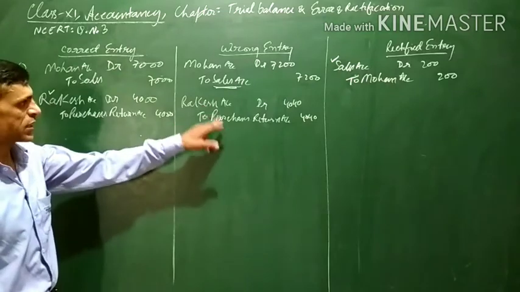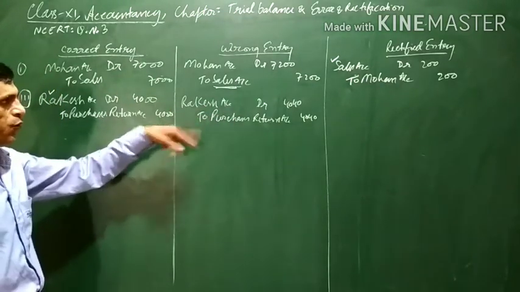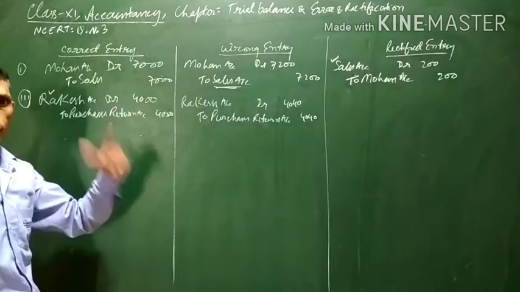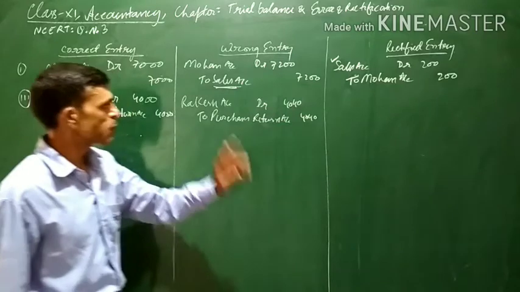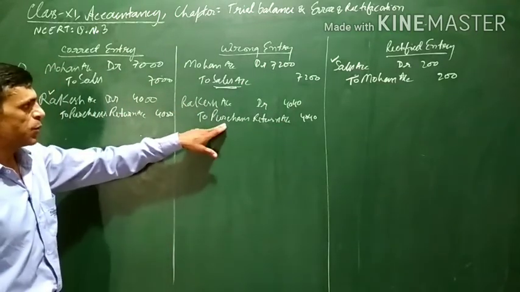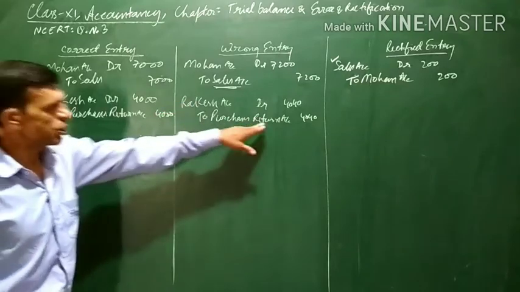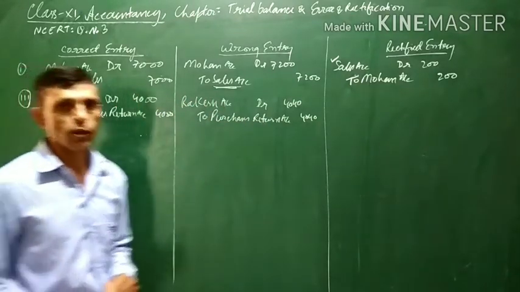This means there is an excess debit as well as an excess credit. In order to cancel this, we will have to pass a reverse entry of 40 rupees. 40 rupees extra has been debited as well as credited. In order to rectify this, a reverse entry, that is, the opposite entry, is needed, with 40 rupees.